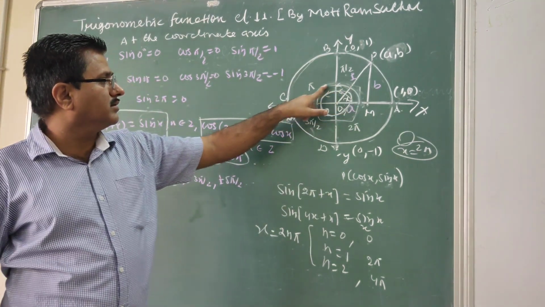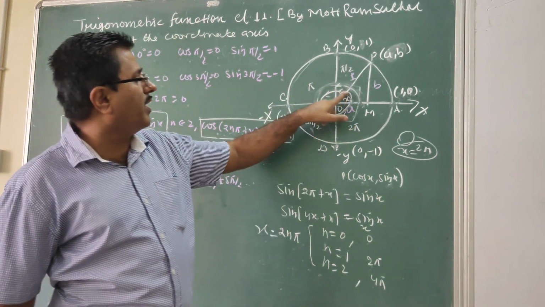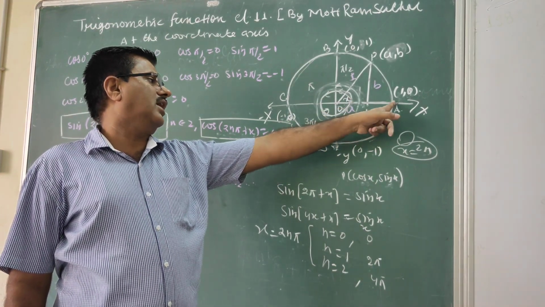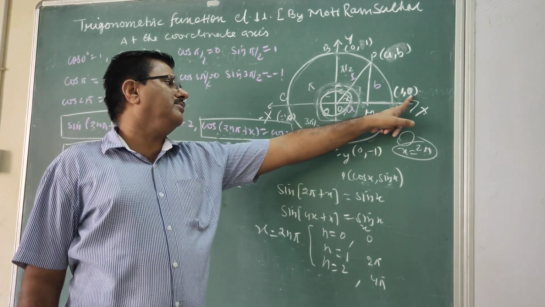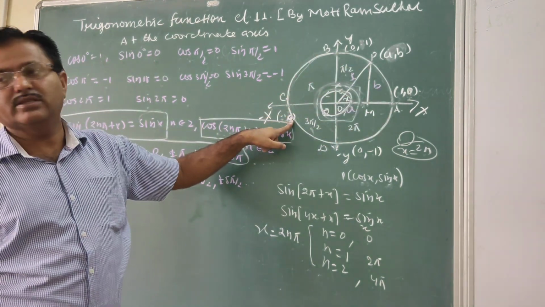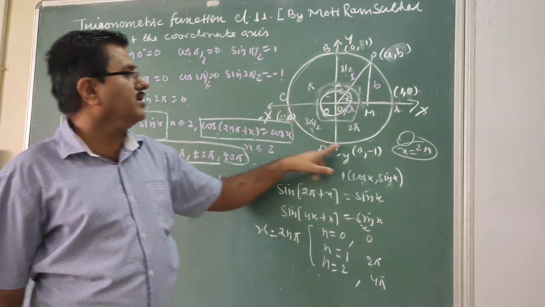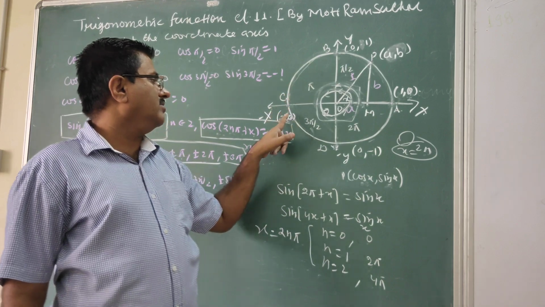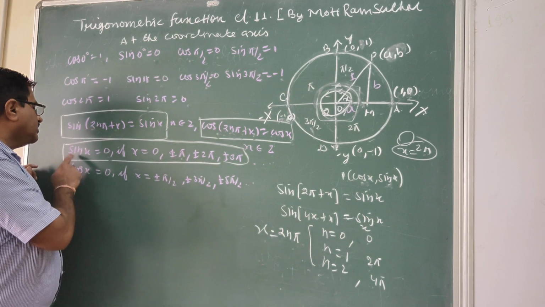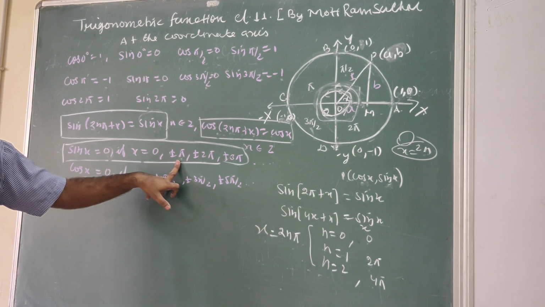So at what angle? Here we covered pi. When we complete one revolution, point P again coincides with A. So sin pi is 0, sin 2 pi is 0. Then 2 pi plus this, then sin is 0. We are taking the coordinate of this point. Clear? Then 4 pi is 0, then 5 pi is 0, 6 pi is 0, 7 pi is 0. So at all these the value of sin x will be 0.